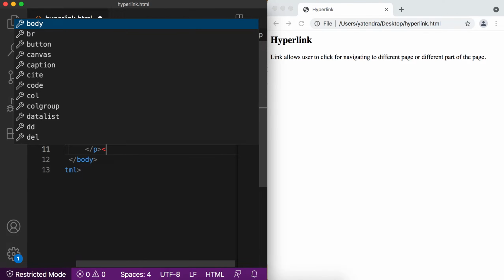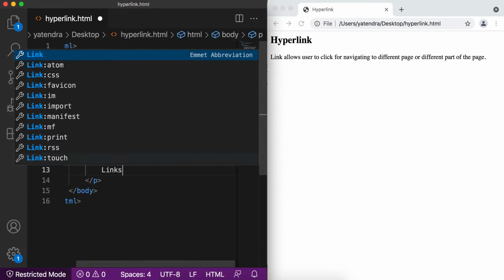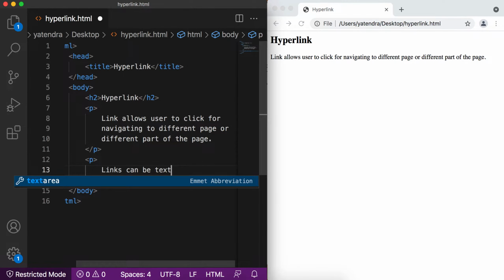Now we can say links can be text, image, or we can also create other HTML elements as a link.